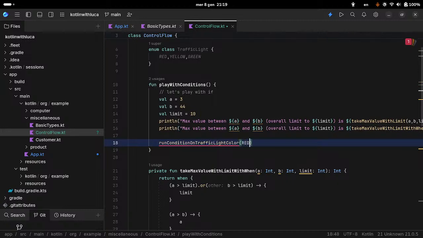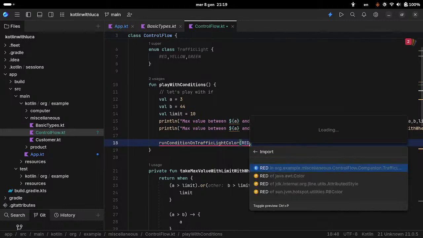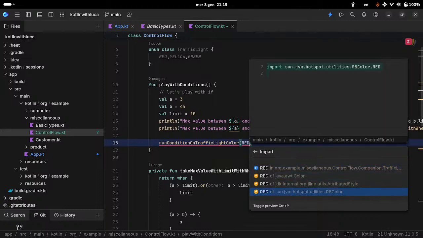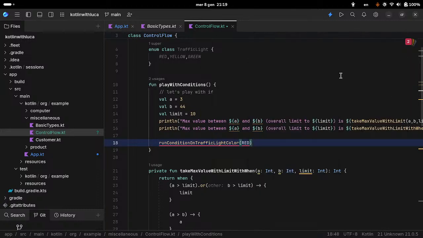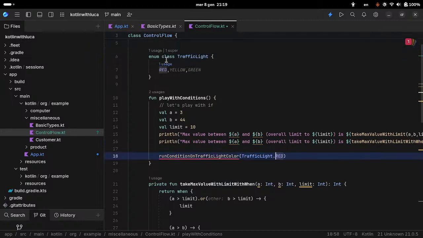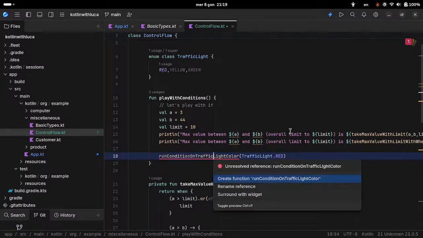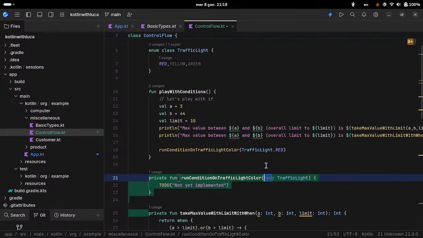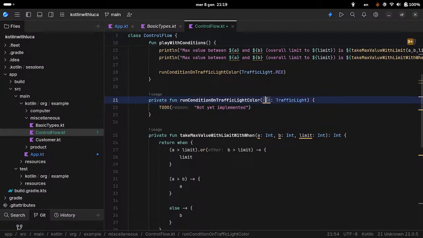So in this case, I want to pass the red color, and I will import it. I'm sorry, I will explicitly say that I want a traffic light class, and then I will create a function for this. So this has to be traffic light, more generic